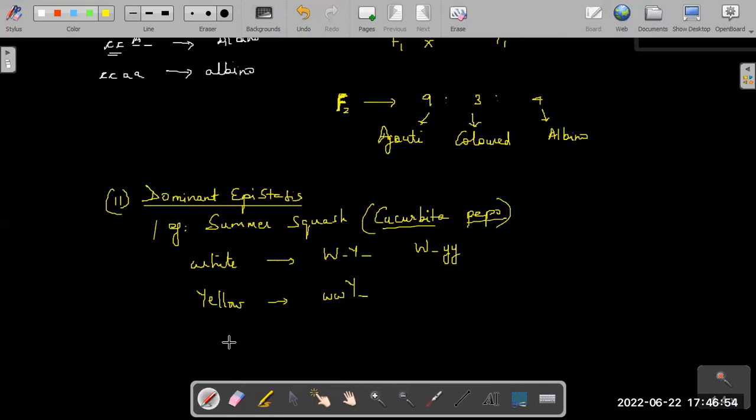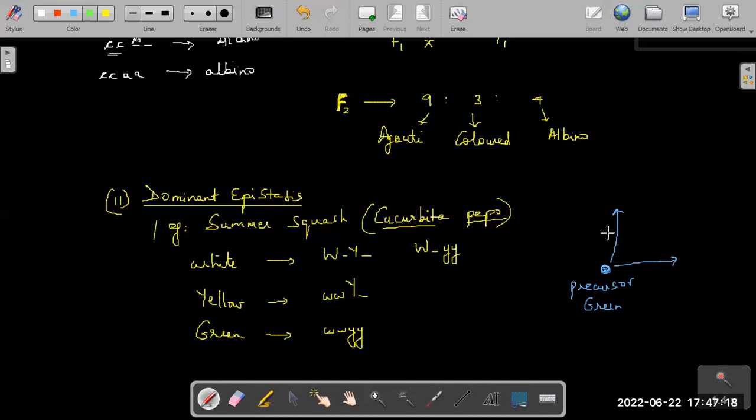Whereas you get a green fruit if it is recessive. So you have a precursor molecule, which is supposed to be green. Now this can give you,